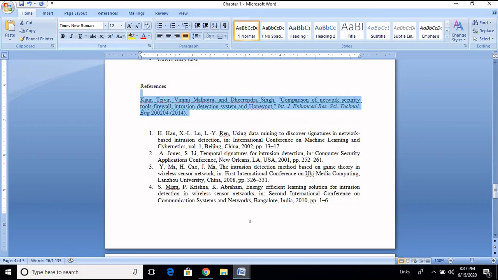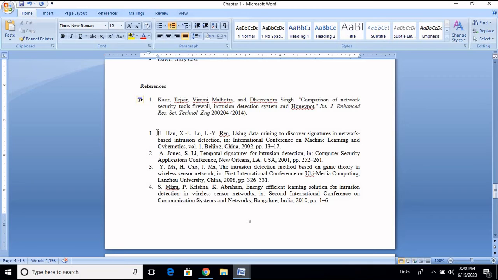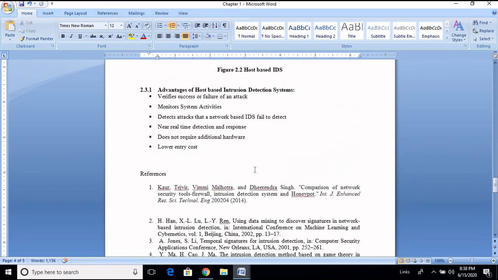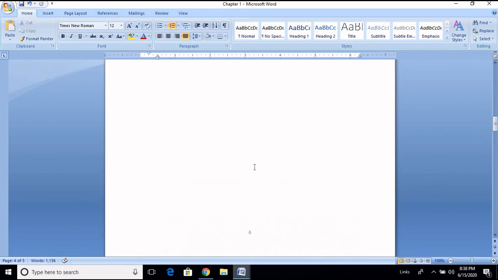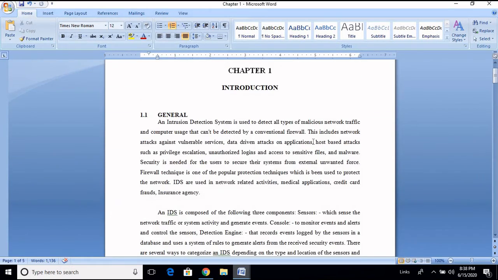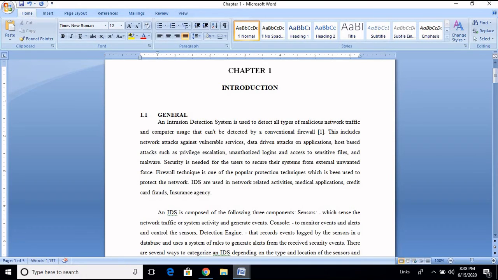Size is 12. After this, for example, I give the number as 1. Here I am going to cite like this, which means in the first reference I got this text, this idea.